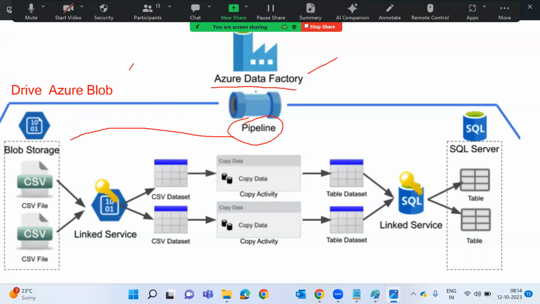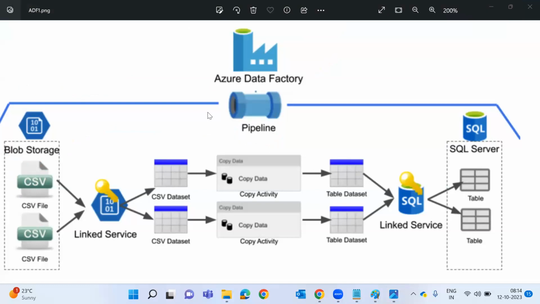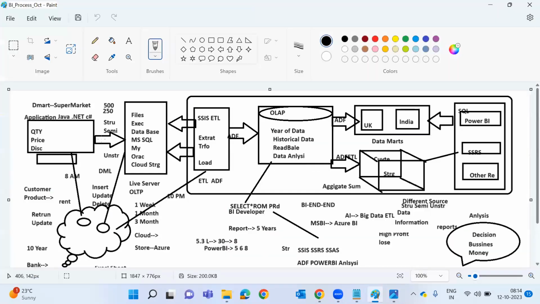You can store your files, you can upload your images, whatever you want, you can upload here. Binary large object format data is stored in Azure. So you might get different formats of file. It may be CSV, JSON, Parquet, Excel, whatever the format is. Once the file is uploaded by someone here in the storage account,